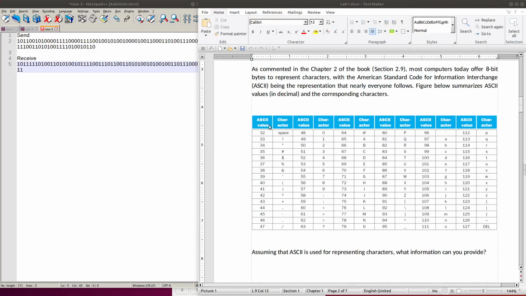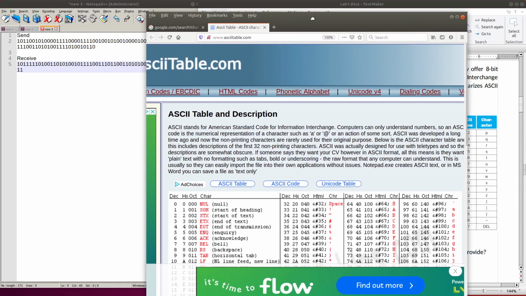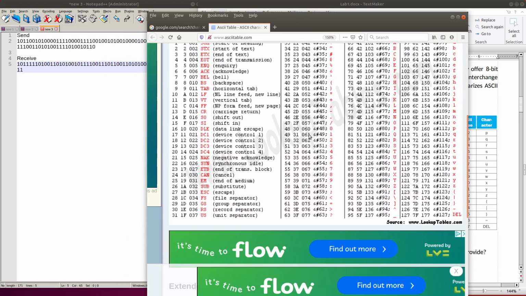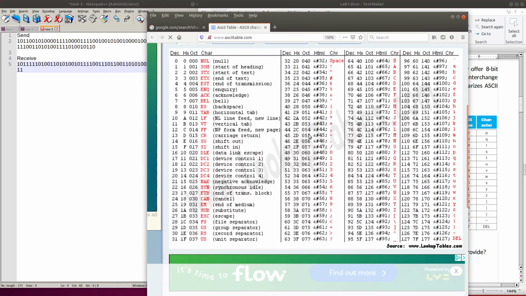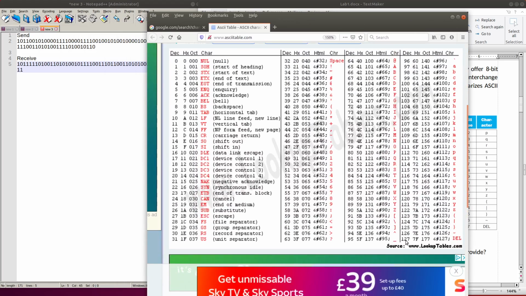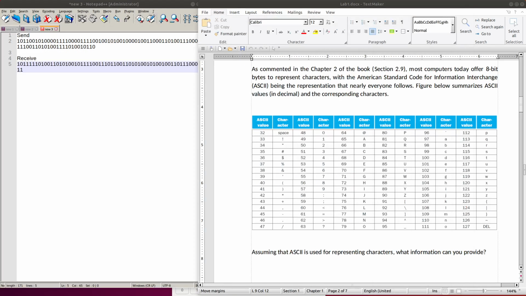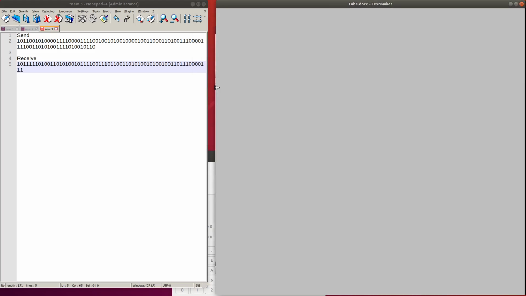If we look into the ASCII table, you can see it has values from 0 to